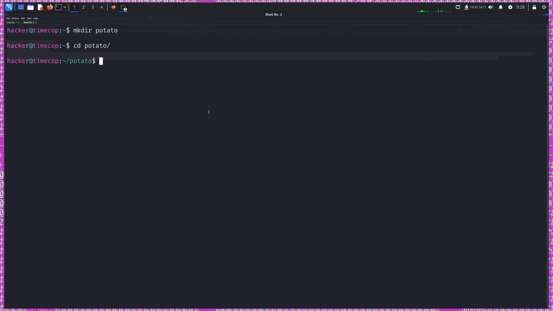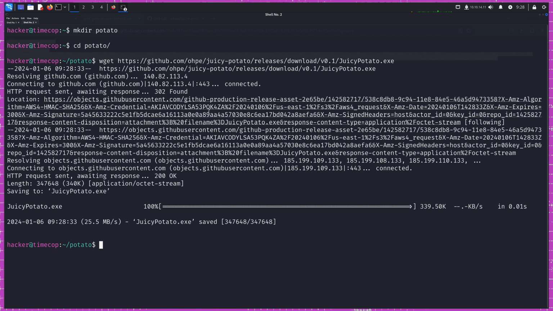And so here I'll simply paste the command, and you can see we're invoking wget, which is of course a command line application that allows us to download files directly from the internet. And you can see that's followed simply by the URL and the juicypotato.exe binary. And since we want the file in this folder, in our potato folder, we don't have to specify anything else. So I'll just hit enter. And by the way, I'll post the link to this binary exactly as it is here, right at the top